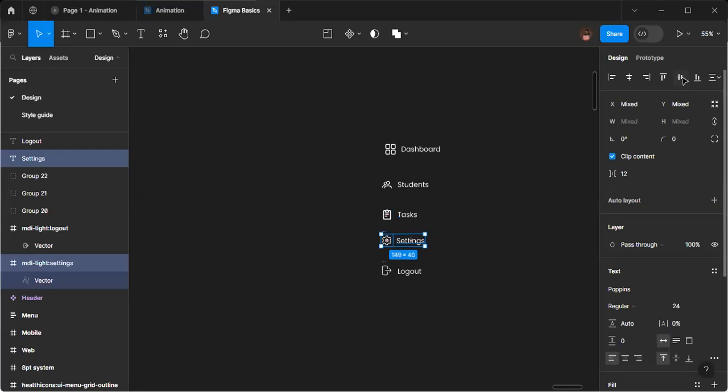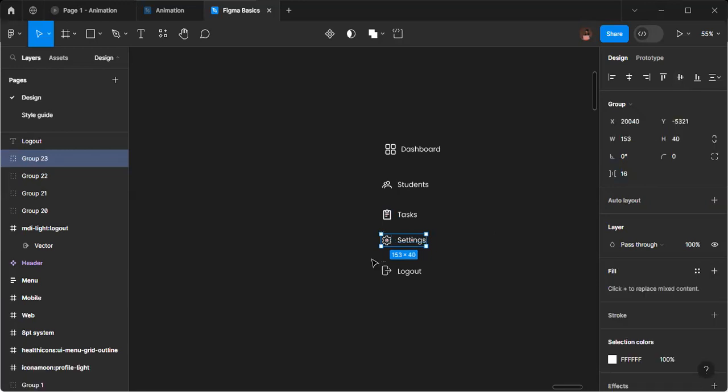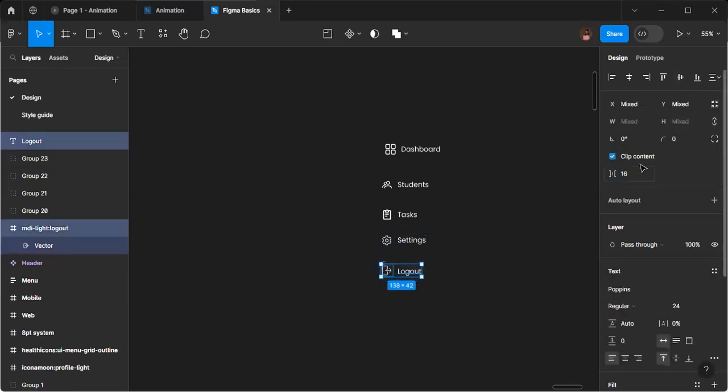The same thing here. 16. Control G. Select this. This is 16 already. Check to make sure that it's vertically aligned. And